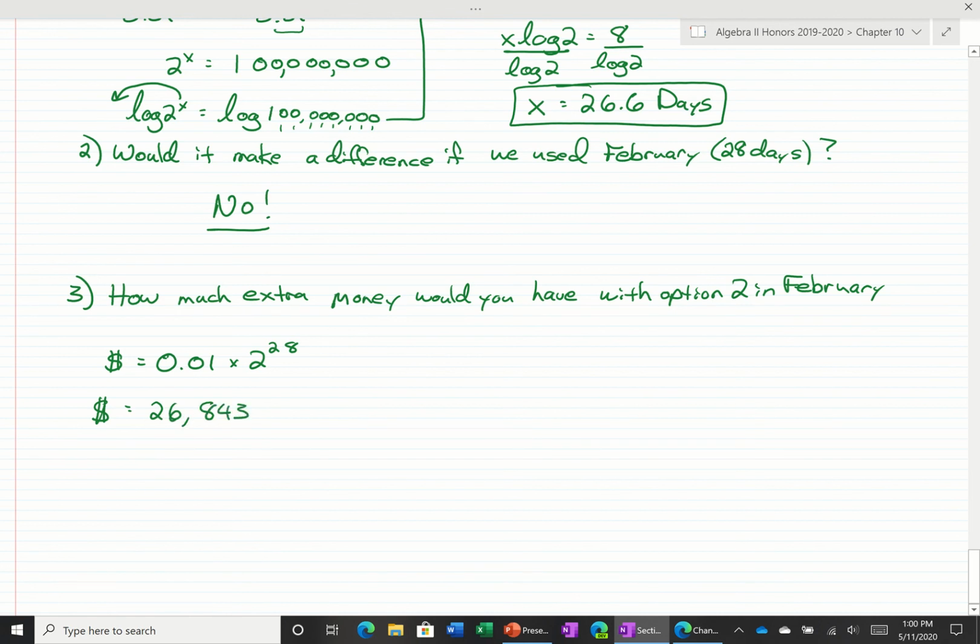That comes out to 26,843,540. Let's see, I think I put my decimal in the wrong spot here. So in February, after 28 days, you would have $2,684,354. And if we subtract $1 million, which was our first option, from that, we would have an extra